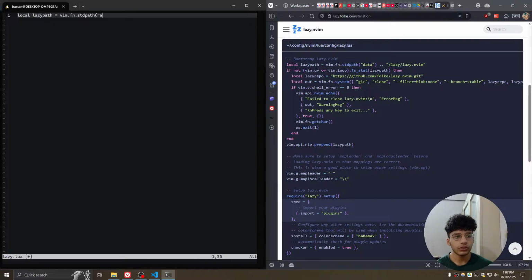vim.fn.stdpath data slash lazy.nvim. If not, vim.uv or vim.loop .fsstat lazy path, then